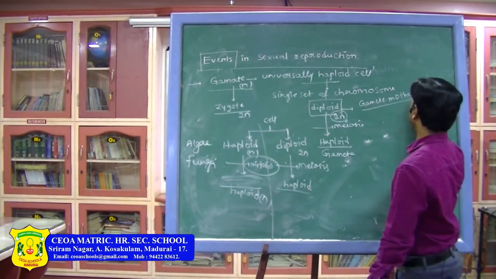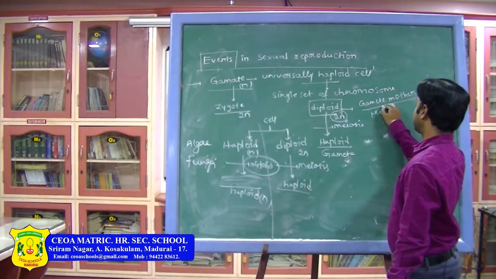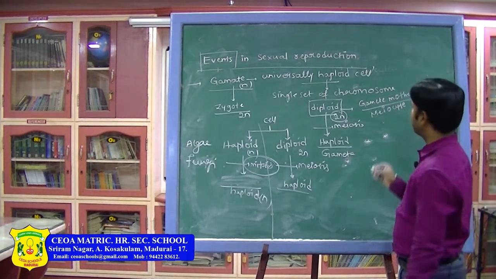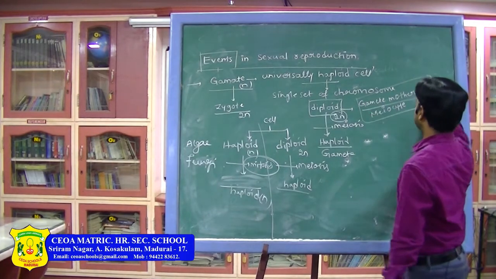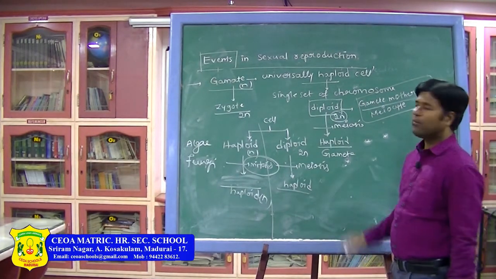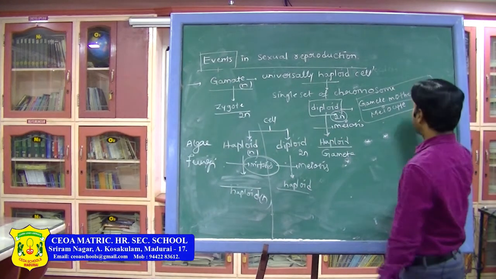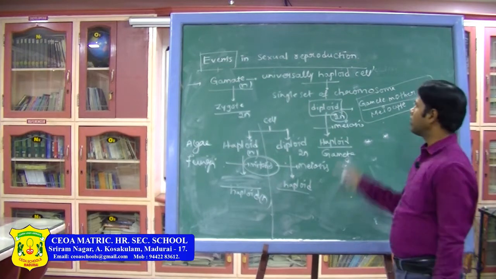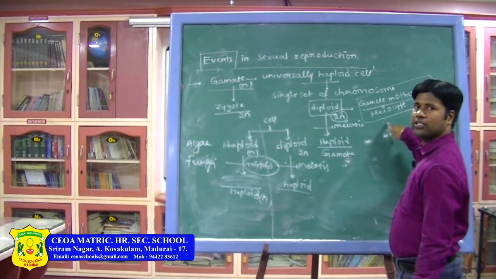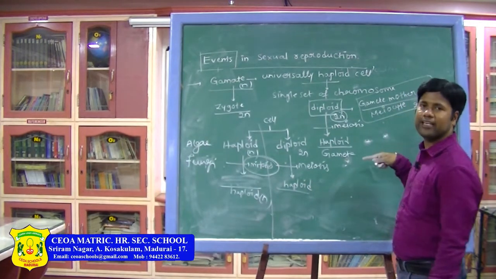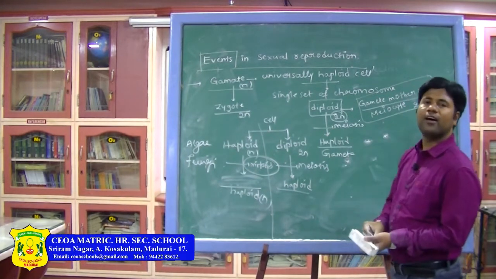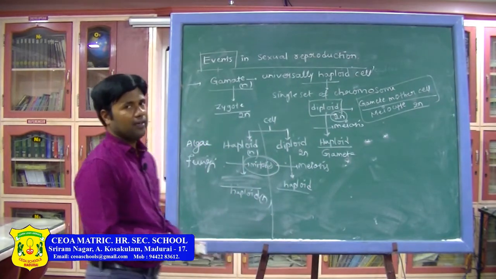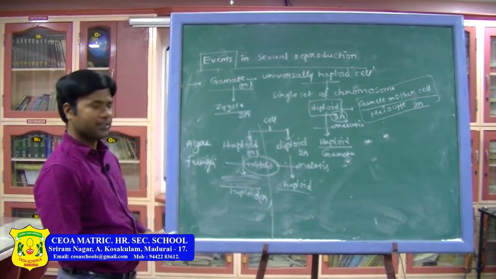Or else meiocyte, the one which is involved in the meiosis division is called a meiocyte. Do not get confused here. Meiocyte or gamete mother cell is diploid in condition. Okay. So now gamete mother cell and meiocyte are diploid in condition. Let us see what are the different organisms and the diploid condition of the chromosomes and the haploid condition of the chromosomes. Let us see.